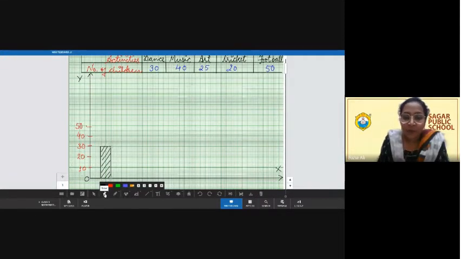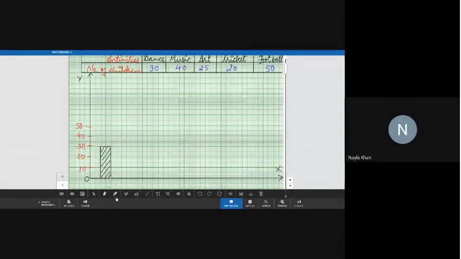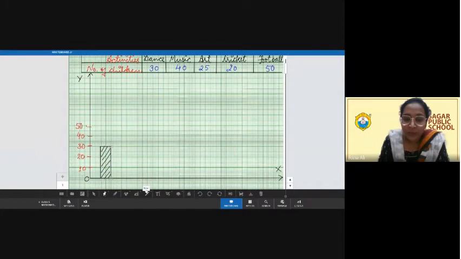Okay, now what we are going to do, we are going to leave 1 centimeter gap, and then we are going to move on to the next activity, that is music. So for music, what is the value given to us? Number of children? 40. Yes, correct. So leaving 1 centimeter gap, I'm going to make the bar up till 40. The width of the bars should be equal. There are a few important things we always need to be very careful about while making a bar graph. That is, you cannot make thick and thin bars. The width of the bars should be same.